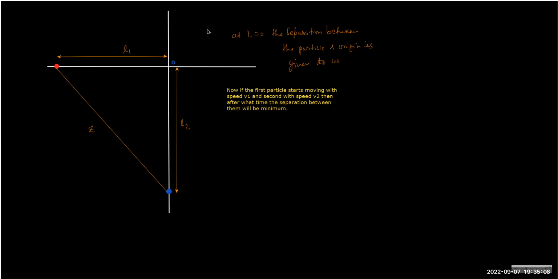And what is happening now? They are moving with some speed. Let's call this the velocity v1, v1 subscript, and this is v2. After time t, how much will it travel? Let's say it is traveling very slow. If speed is given, the distance, speed, and time relation, if you remember, distance equals